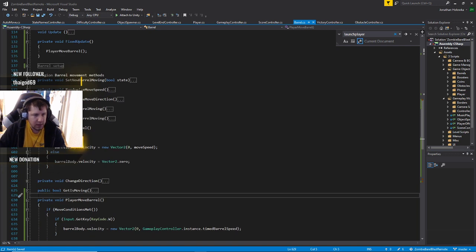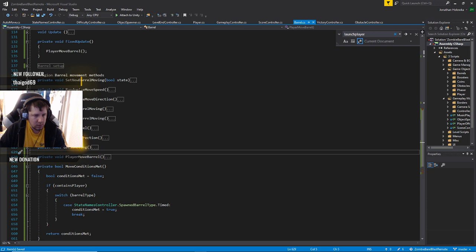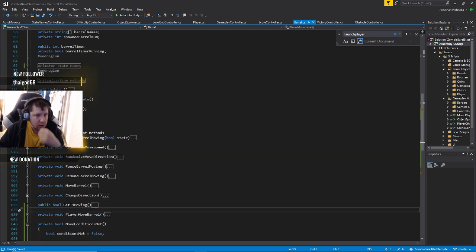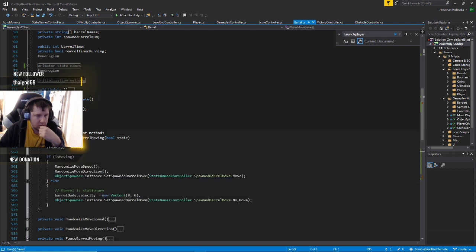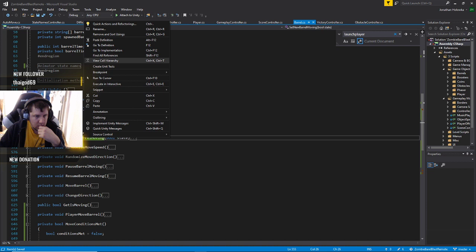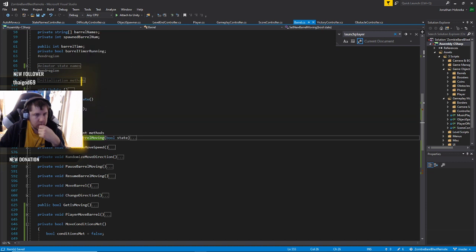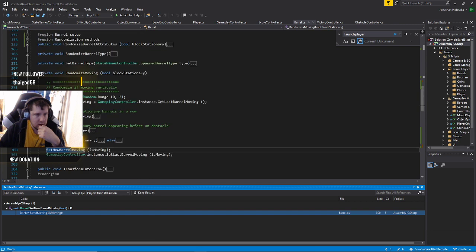So randomize, set new barrel moving, is moving, no. What is calling to this? Randomize moving. Okay, so